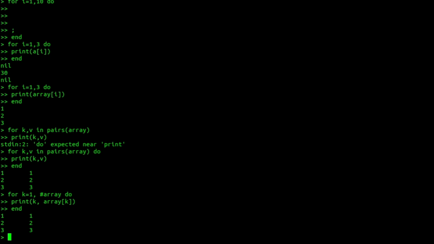Now let's talk about safe navigation. Let's say you are creating some library in Lua and you are using it, and that library has a deep level of nesting. By that I mean, if you have a library named lib, and you have foo, which is a sub library or a sub module inside that, and inside that you have another function, or some variable, or some structure, and you want to navigate to it.